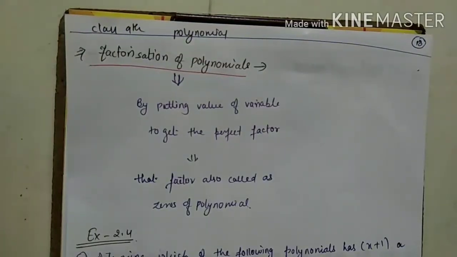Good morning, students. Yesterday we did some exercises, exercise 2.3. Now come to exercise 2.4. In that we have to do factorization. Factorization of a polynomial, in the sense, as you know, in a simple way we are finding the factors.